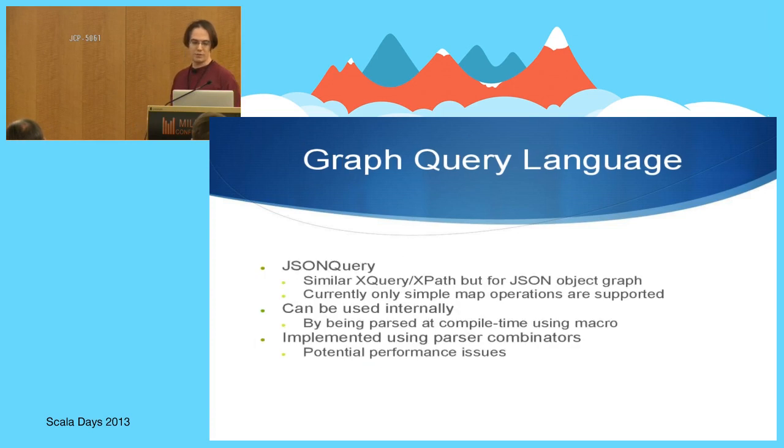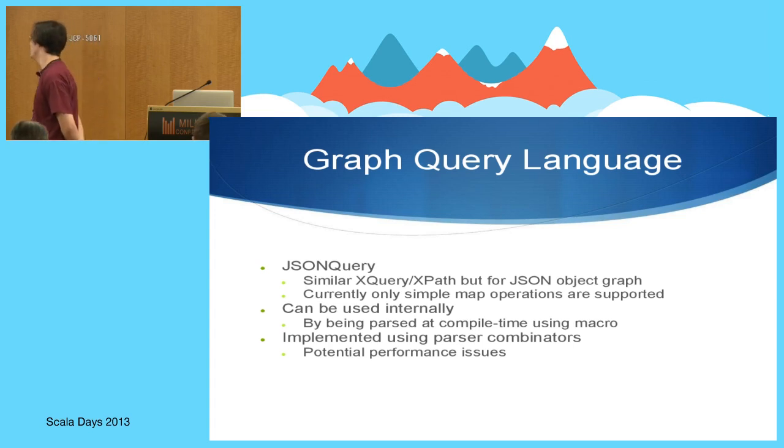Now let's look at the graph query language. So we choose to use JSON query as a query language because it's very simple. So for those who don't know JSON query, it's similar. Most of you used XPath or XQuery. So this is the equivalent of XQuery, but for JSON. Why preferring that versus XQuery? I think it's probably the same reason to prefer JSON versus XML. I mean, the syntax is easier to work with, and just simple.